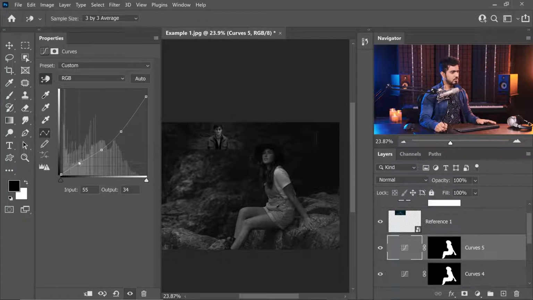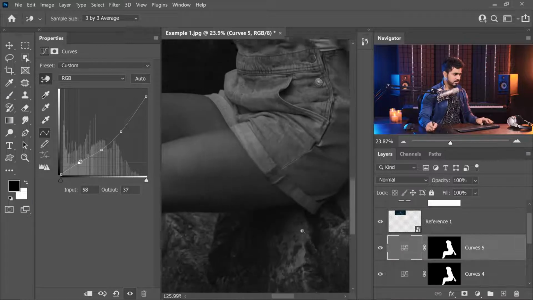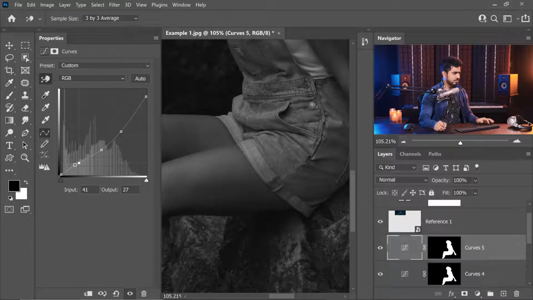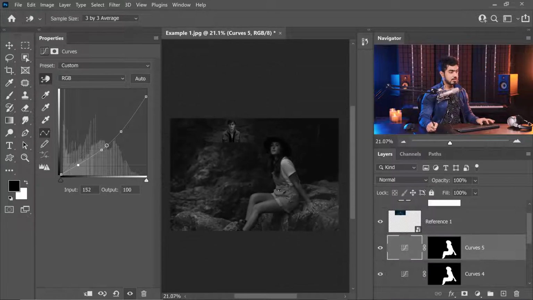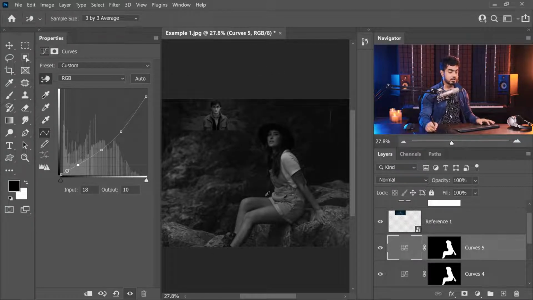Okay, so we only wanted this in the bottom part of the image. Make sure all of it is matching pretty nicely. Sometimes what happens is that we go a little too extreme and it just doesn't match with that of the background. So make sure all of that is matching. All right, once that is matching and it's all dark and nice, you can just apply to the bottom area